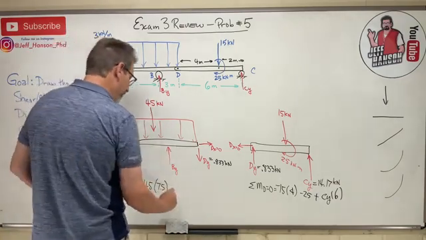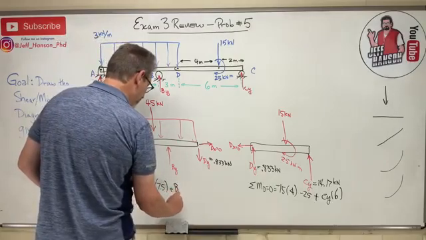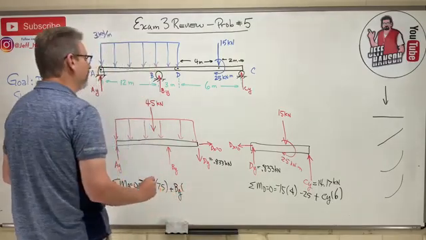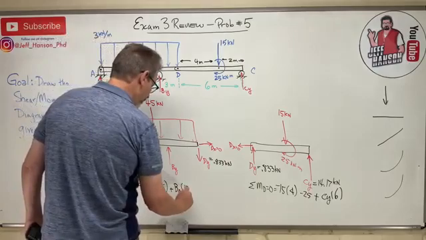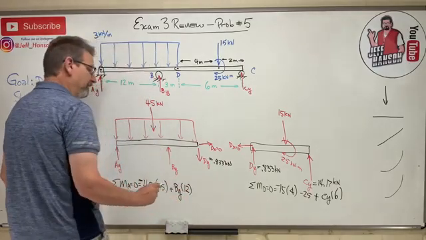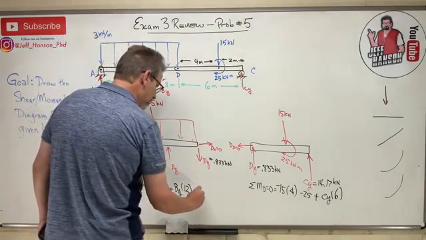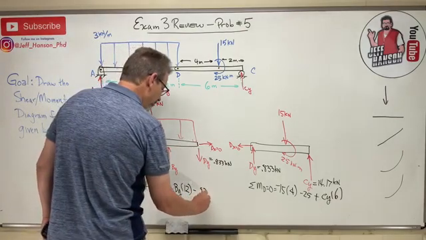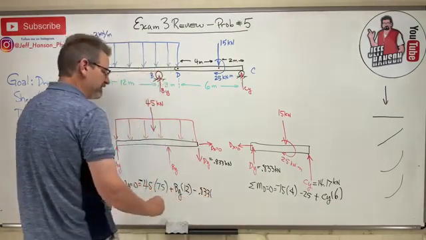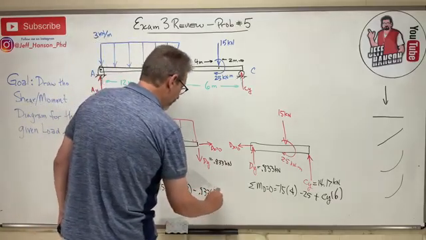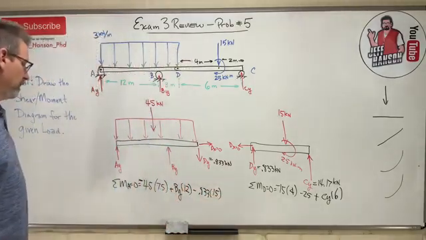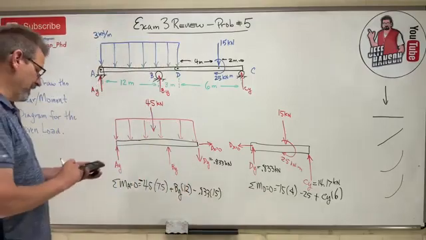BY rotates me positive, so plus BY times, let's see, how far, 12, okay? And then DY again, rotating me negative over here, minus 0.833 times 15. Okay? Woo! Okay, so,